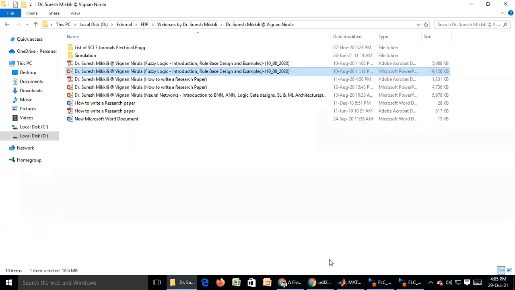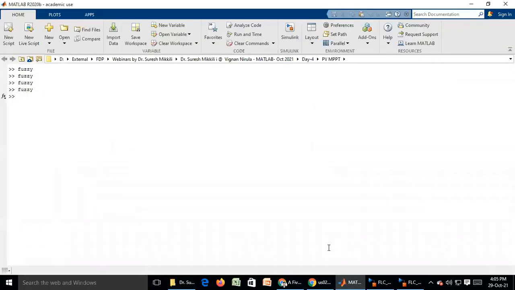So by applying a fuzzy logic controller, how is the improvement happening? Here I have not shown you the PI controller. Tomorrow I will show you the PI controller and the fuzzy controller both. With PI how much it is changing, and for the fuzzy block how to design it, how to select the rule base. For 3 by 3 how it should be, for 5 by 5 how it should be. So modeling, how it can be done.